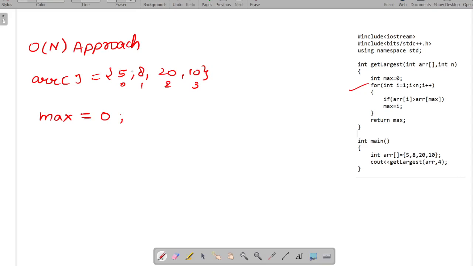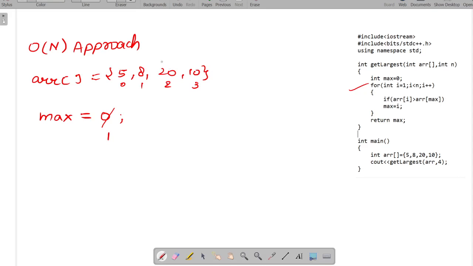So when we take int i equals 1, we will compare if this element is greater than the max value. In this case 8 is greater than 5, so we will assign max to the index of 8, that is 1.